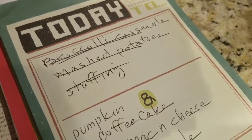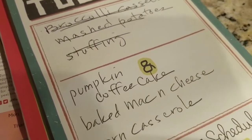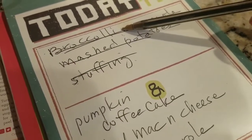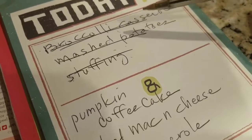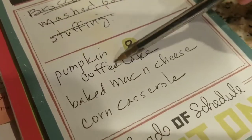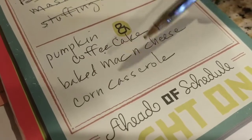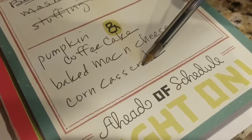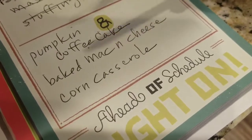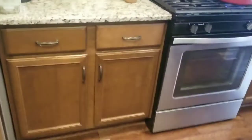Hey guys, so day 2 of Thanksgiving prep. Wednesday, the day before Thanksgiving. So I did the broccoli casserole. I set the mashed potatoes up, and I set up the stuffing. So today I want to do the pumpkin coffee cake, the baked mac and cheese, and the corn casserole. So I wanted to do those 3 today. So the easiest one,